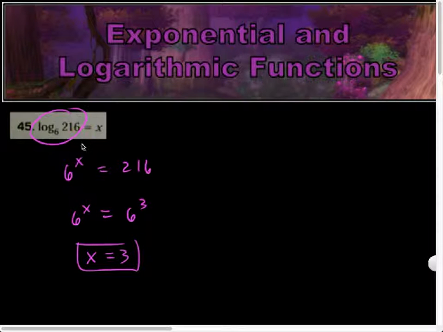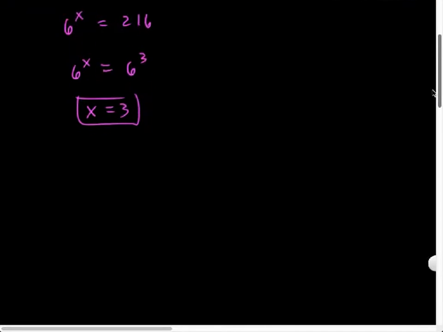But you might have been able to figure that out if you asked yourself the logarithmic question: 6 to what power is 216? You might have been like, oh, 6 to the third, and just been able to say x equals 3 right off the bat. But that's fine. So some logarithmic equation problems can be solved by rewriting them into exponential form once you have it written as a single logarithm. And then other ones are a little bit more interesting,